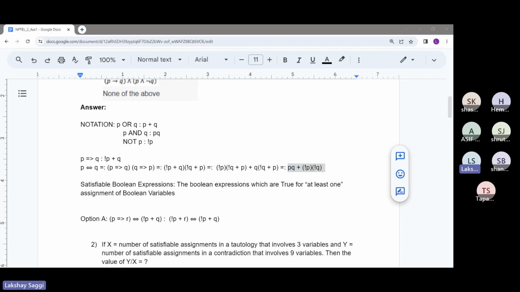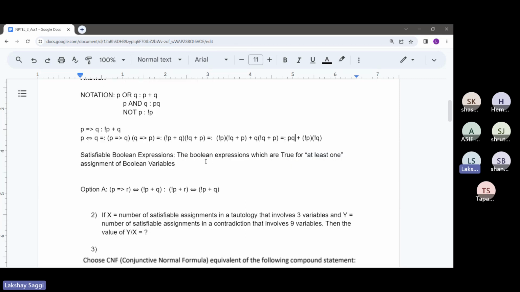So I hope the steps which I have done make sense to you guys. If you have any doubt, you can ask me also. Otherwise, I'll just resume. So for the interpretation of this double implication operator, you can use a truth table of P and Q also, but the main interpretation is that this expression, P if and only if Q, is true if either both P and Q are true or both P and Q are false. Only for those values will this expression be true.